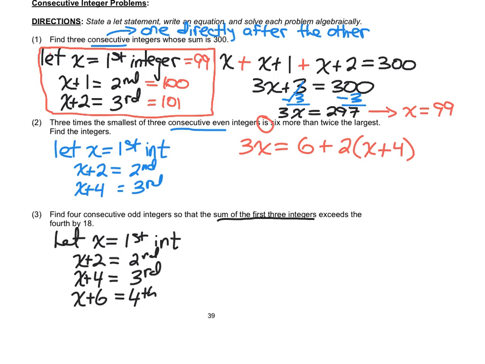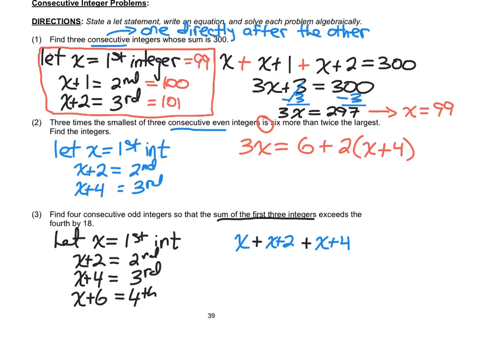So if you're going to go from 3 to 5 to 7 to 9, you're adding 2 every time. All right. So the sum of the first 3 integers, x plus x plus 2 plus x plus 4